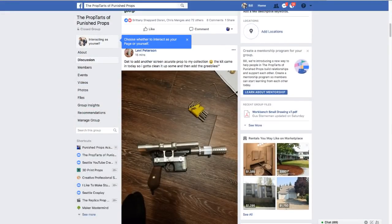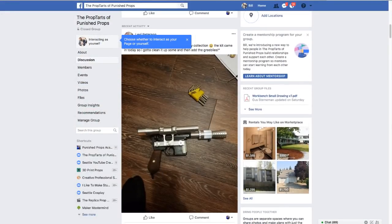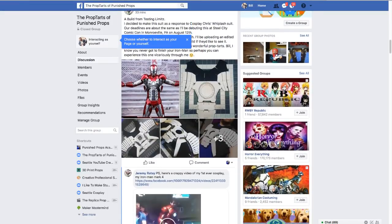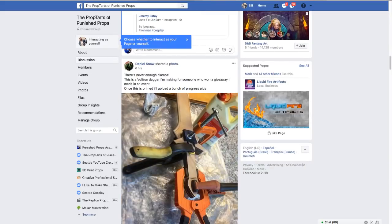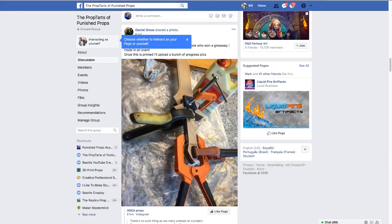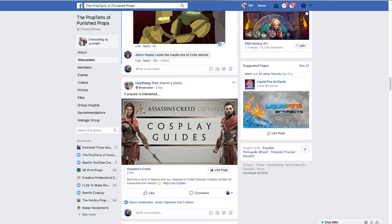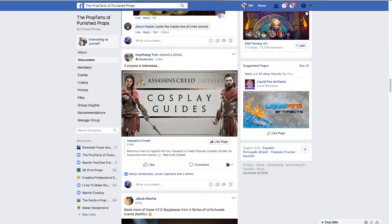Levi is working on a DL-44, a little something from Han Solo. Very cool. I see a lot of people, this is the thing I like a lot, posting projects they're working on, asking for help, or offering suggestions. Really fantastic. Daniel here is showing how strong his clamp game is. Got a lot of clamps. Very good. And oh, another thing. This is actually really cool. Our buddy Silent Warlock posted a link to the new Assassin's Creed game is going to have...